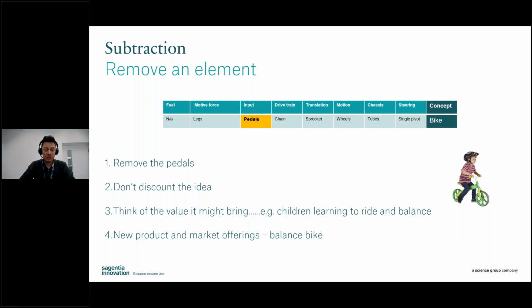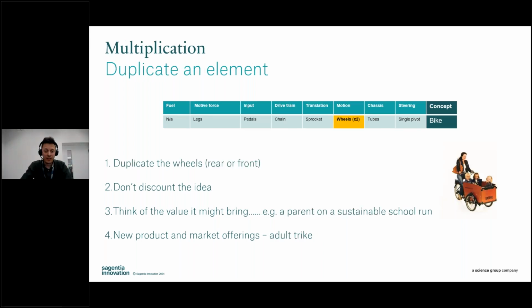Think of different end users, different scenarios, use environments, empathize. So here, if we took away pedals, one example would be children learning to ride a bike. They would see huge value in not having pedals that would be getting in the way of their feet. It allows them to focus purely on learning how to balance. And therein lies a different product category. So this is the idea. You remove the element, put your creativity into thinking of use cases, context, scenarios, empathy to create different ideas. And you can think of more and more and more.